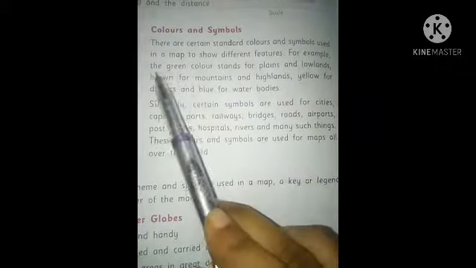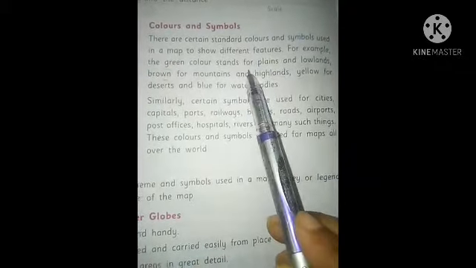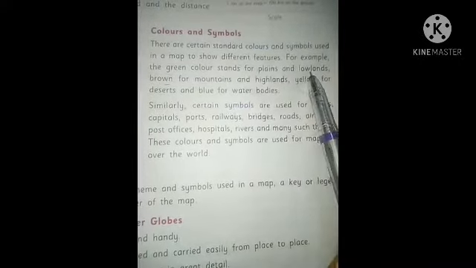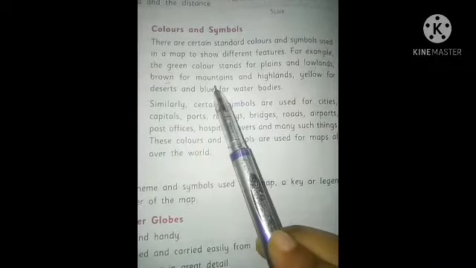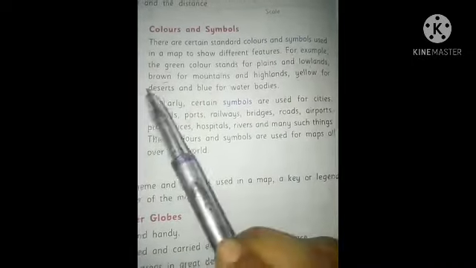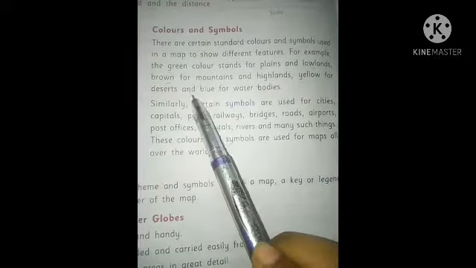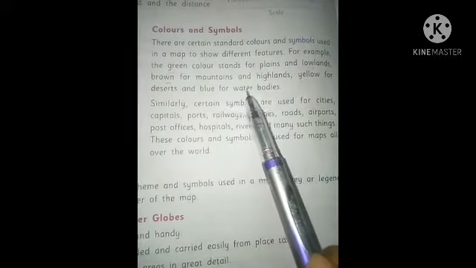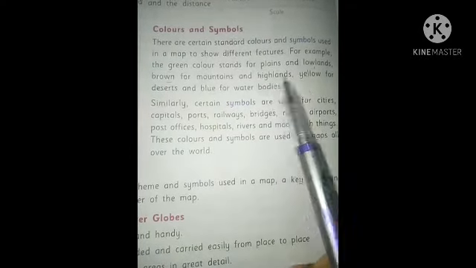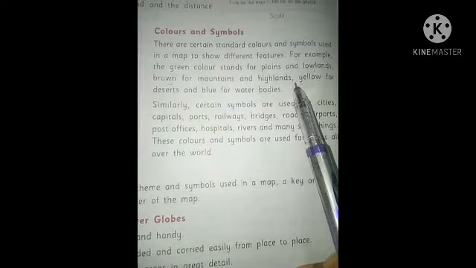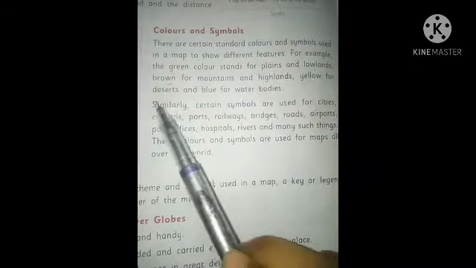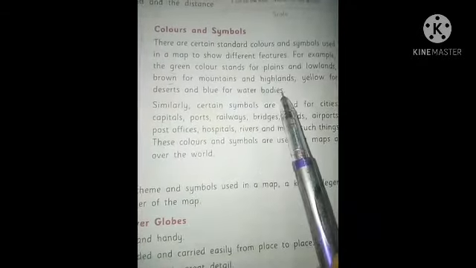For example, the green color stands for plains and lowlands, brown for mountains and highlands, yellow for deserts, and blue for water bodies.